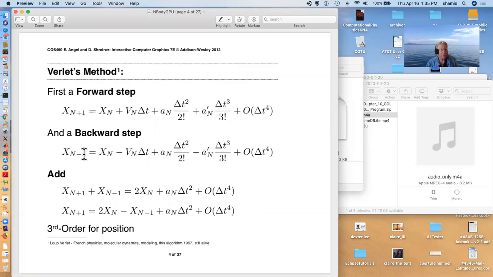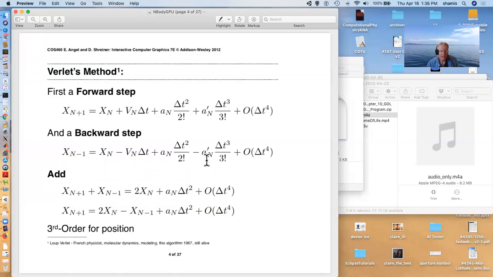And the way this works is you take a Taylor expansion that gives you your next step. So we have the position, the velocity, the acceleration, and this is called the jerk. It's the rate of change of the acceleration, and then higher order terms I don't care about. And I do a backward step. So this is a minus delta t and a plus delta t squared, because delta t being negative squared becomes positive. This one's negative. So if I add these two together, the forward step and the backward step,